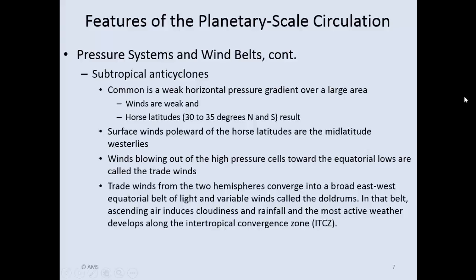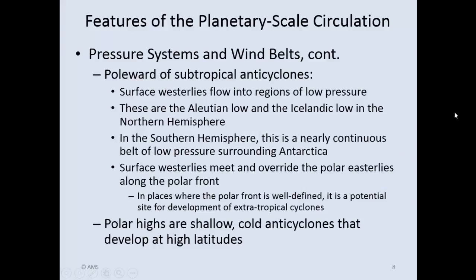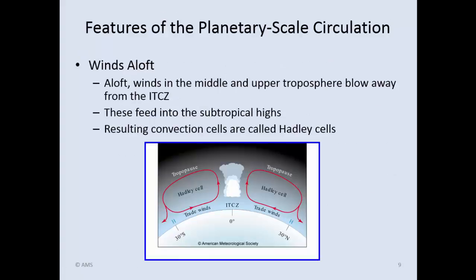Again, here is some more written material you can take a look at, but I've already spoken to this. Same with this here. All right, now here's something else that we could take a look at. This is a cross-sectional look at the intertropical convergence zone, maybe to get a little better idea of what's going on